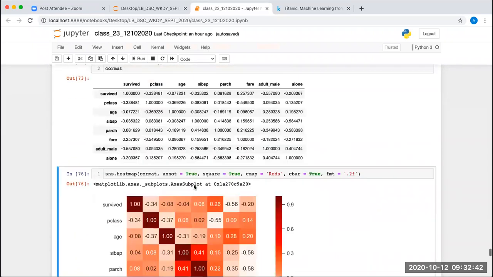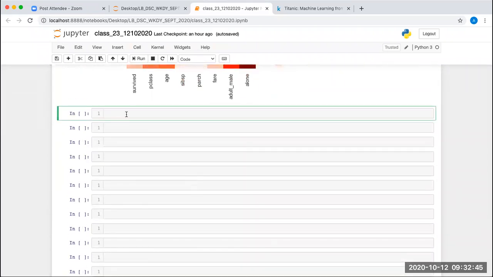So basically, I want a kind of count plot for every column inside this data set. How can I do that? First of all, how many columns do I want? I want survived, P class, sex, parch, alone, sibling, spouse, and then fare, age, and embarked. These many columns, so basically I want 9 columns. For that, I need to have 9 grids here. To get the 9 grids, we are going to use the subplot function, which we have learned.